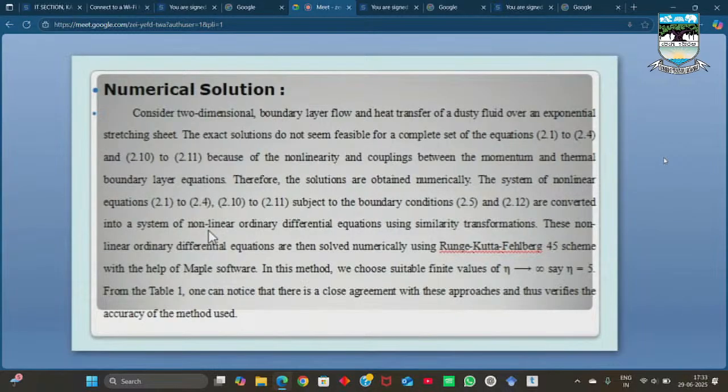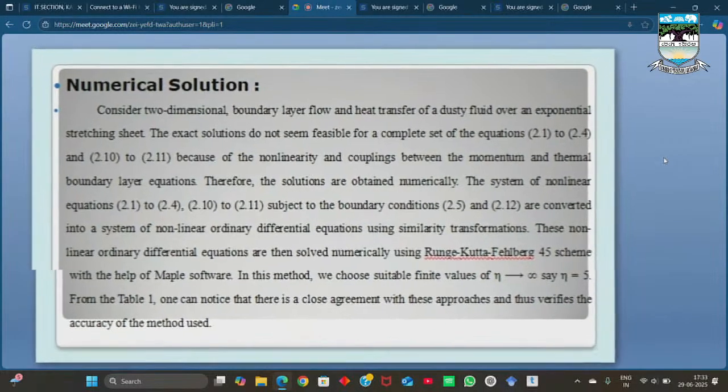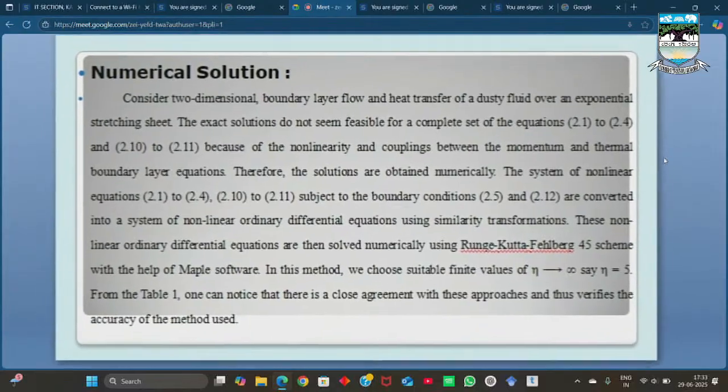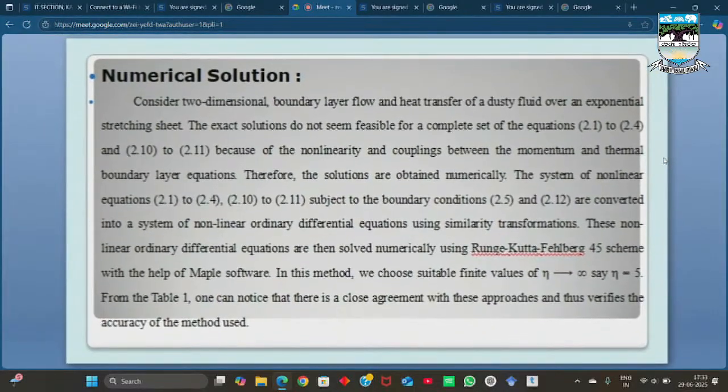The system of nonlinear equations 2.1 to 2.4 and 2.10 and 2.11, subject to the boundary conditions 2.5 and 2.12, are converted into a